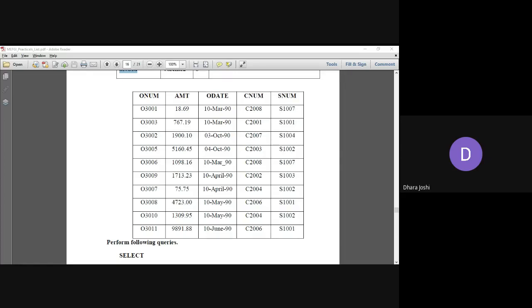Akanksha, you can share your screen afterwards.